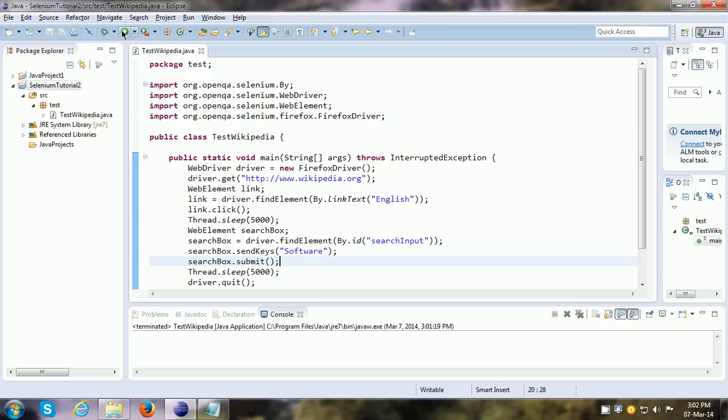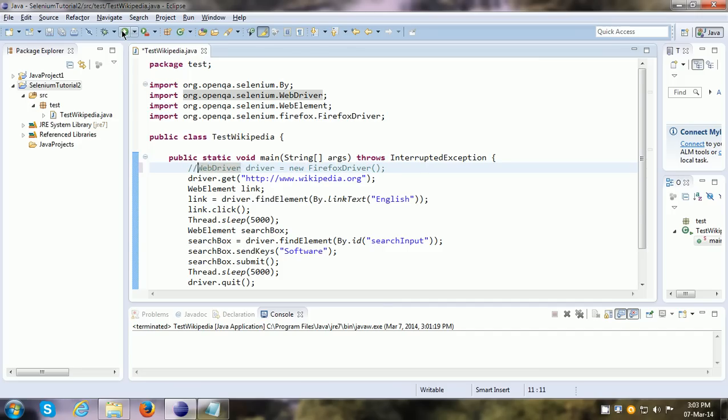One powerful advantage of WebDriver is that it works in multiple browsers. We can work in Firefox, we can work in Internet Explorer, we can work in Chrome, we can work in Opera, we can work in Safari. So let us see how we can update our automated test script over here to use Internet Explorer instead of Firefox. The way to do it is very simple.